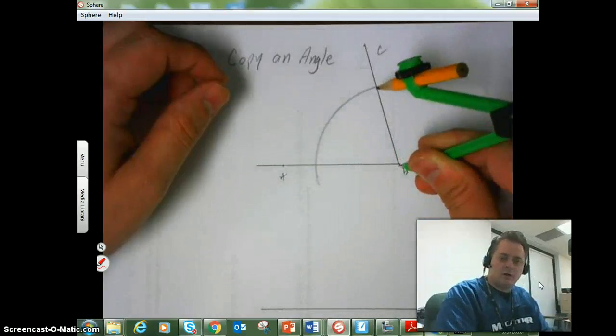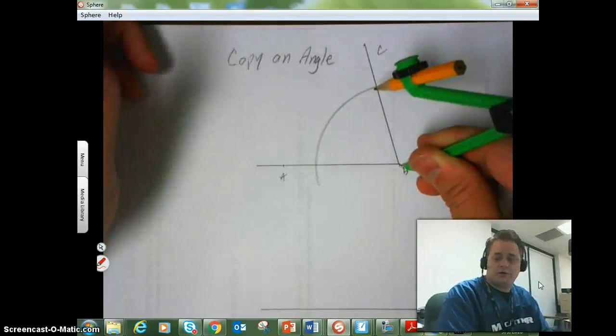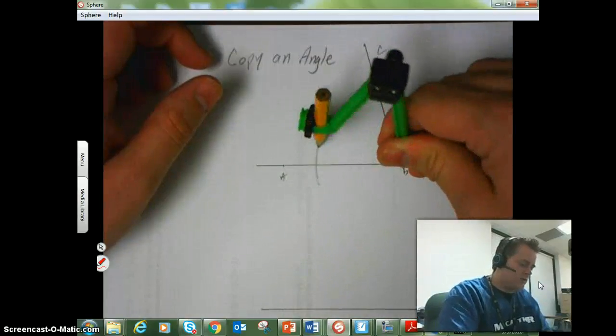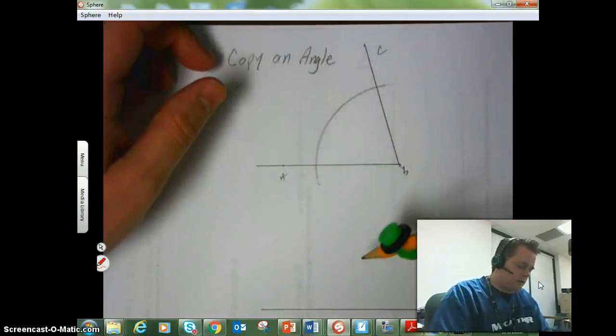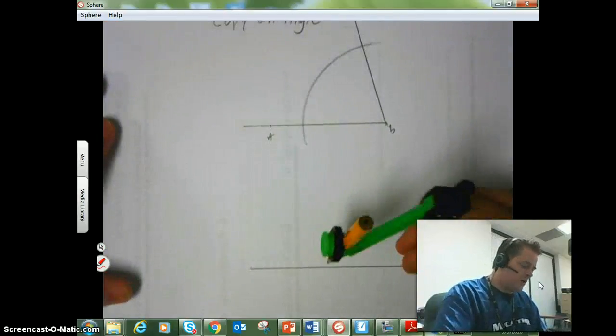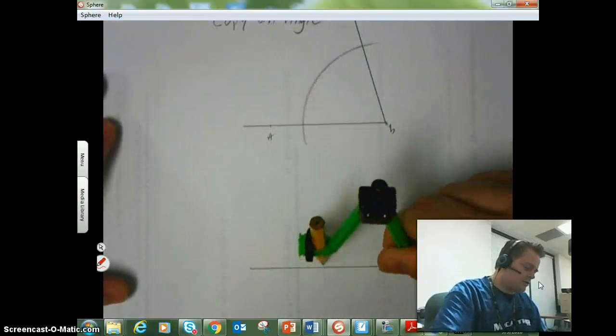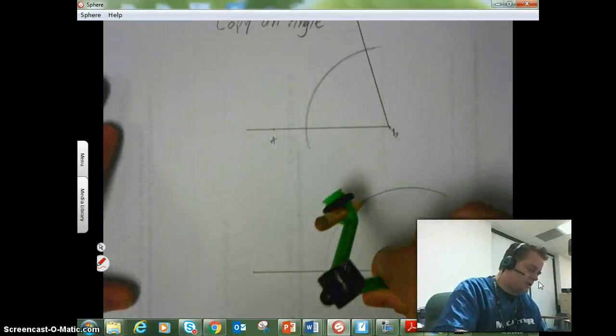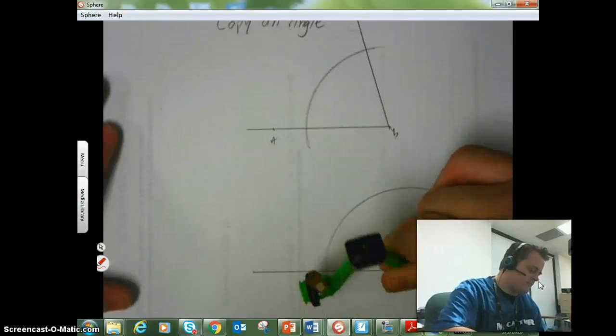I'm going to draw an arc through both sides of the angle. Now, when I do that, I'm going to come down here to where I'm going to make the new vertex of my angle, and without adjusting my compass, I'm going to draw that same arc. I'm going to draw it a little bit longer on purpose than I did the first time,